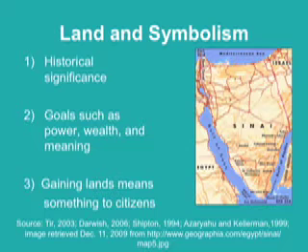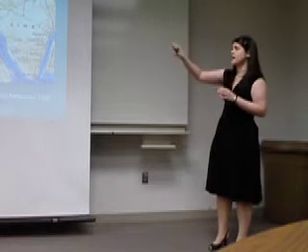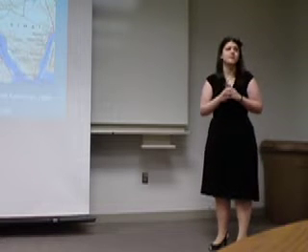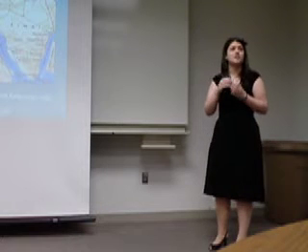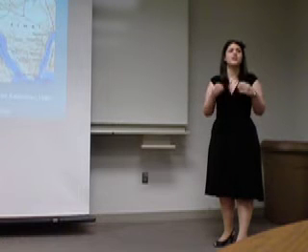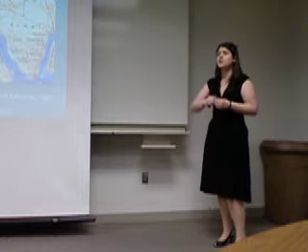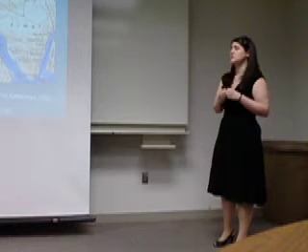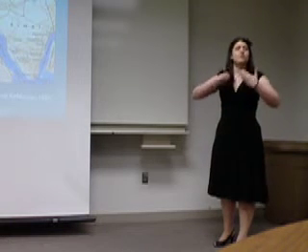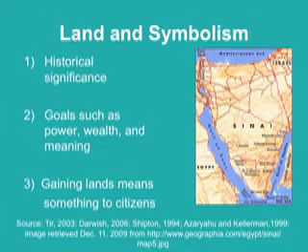A good example of this was when President Nasser of Egypt expelled the UN forces from the Sinai Desert, which was part of Egypt at the time, still is. But he expelled the UN forces, which led to the 6-day war between Egypt and Israel. His expulsion of the UN forces was a show of power and a show of strength that Egypt was not going to be run by the UN or any other nation, and that they did have the power to expel them from their land. So this had great meaning and great significance to the Egyptian people and led to greater support for war.